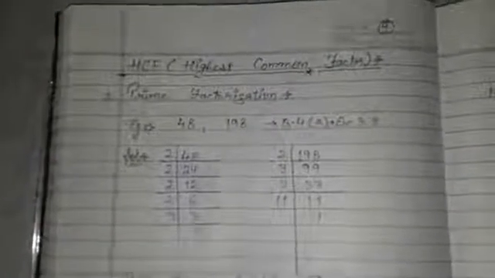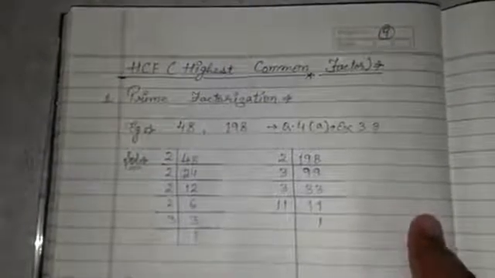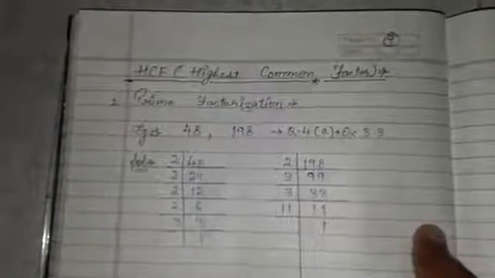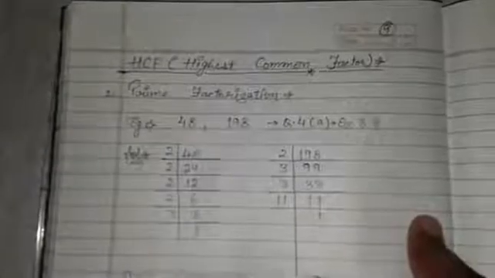I'm Shekhar Sharma again with you for Class 6 Mathematics, Chapter 3, HCF and LCM, Part 3. In the first part, we understood listing of factors for HCF and listing of multiples for LCM. In this part, we are going to understand two more methods of finding HCF and LCM.